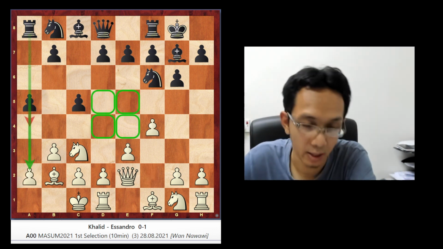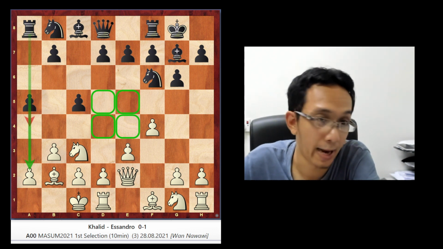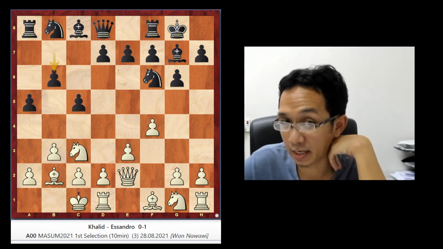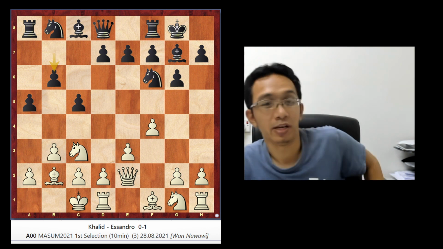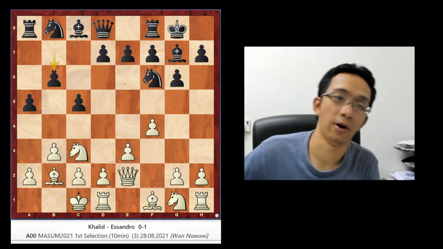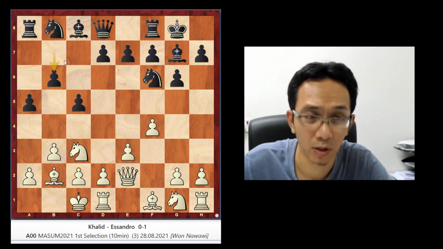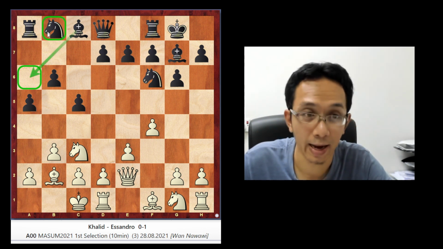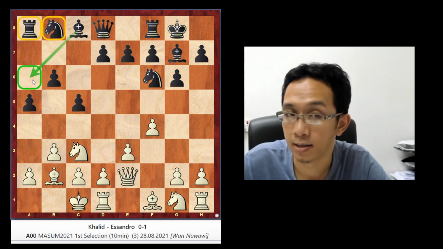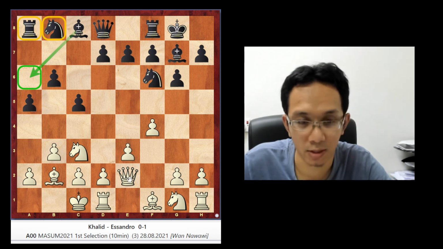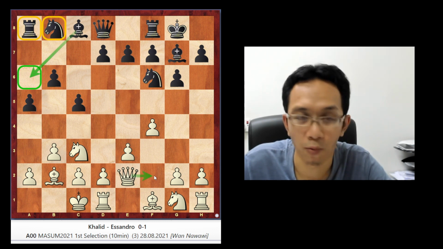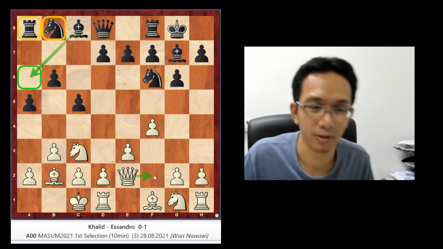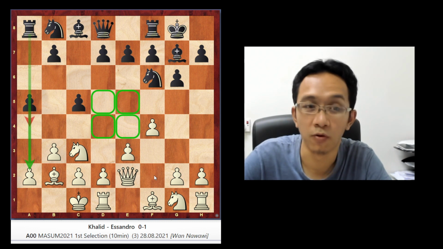So F4, so Khalid plays this, and this guy, the black, plays D6, which is quite strange actually. I mean, why play this A4 at the beginning? Maybe you want to play this because you want to go here, because now the knight and the rook protect this A6 here and attack the queen, but white can just move the queen somewhere else, so it's not really a useful move.